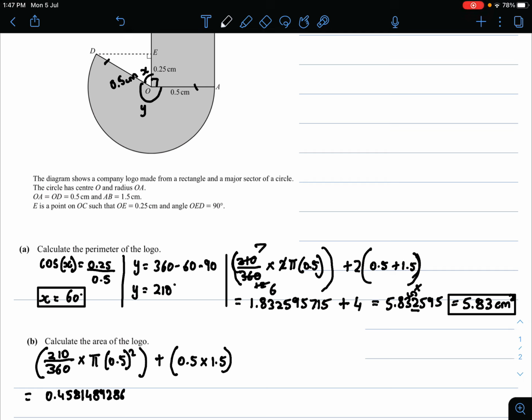Again, write as many decimal places as you can so you don't face the premature rounding error. So 0.5 into 1.5 is equal to 0.75, and if you add both of these, so 0.4581489 plus 0.75, you will get